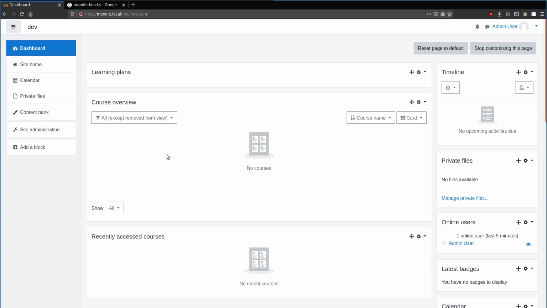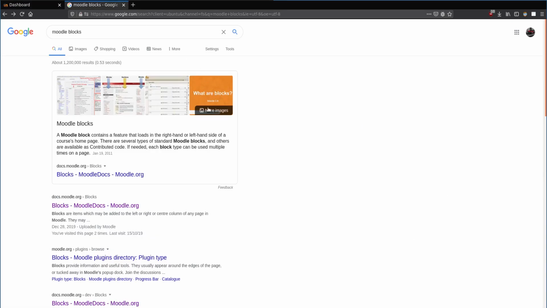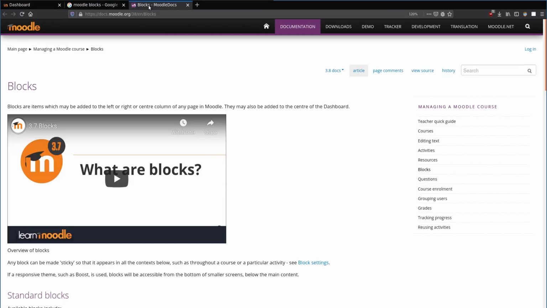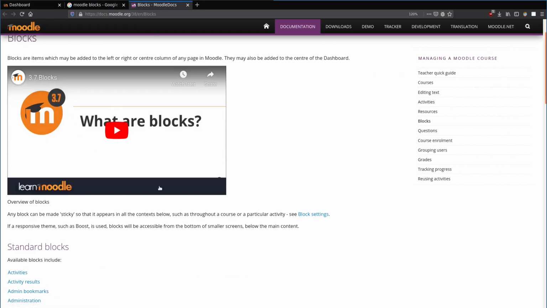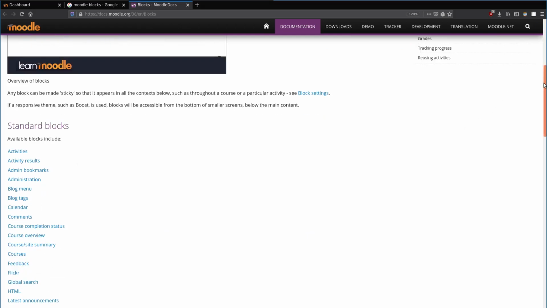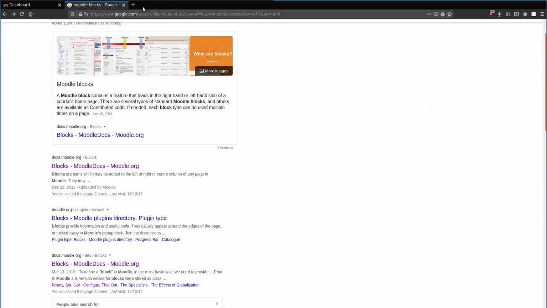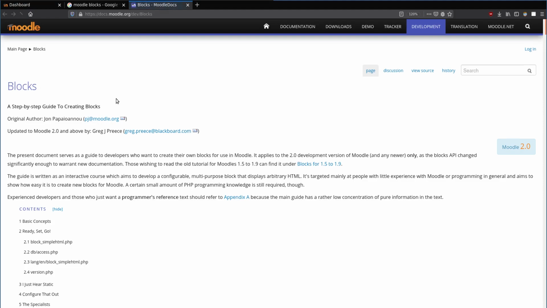So to create a block, let's Google it. So we'll start with that. And we got a couple links here. You've got one page here that's kind of the guide for front-end people, like admins and people that are going to use the blocks. And definitely important to read through this, understand it, and watch the video and stuff there as well. But we are more interested in developing, so we're going to go further down and click the developer link instead. And this is going to tell us how to